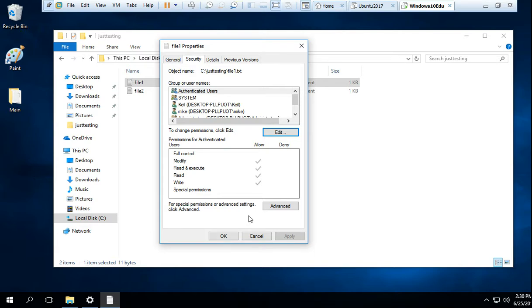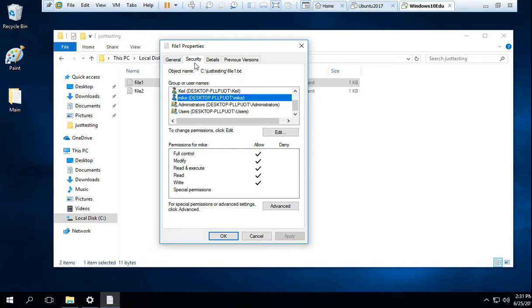Well, one other thing I'm going to have you do in the lab, which is kind of important, is remove the inherited permissions. And the reason for that is I think most people are in this users group by default, which has some permissions to this file. So if you didn't want all your users to have permissions, if you only wanted Keel and Mike to have permission, the one extra thing we need to do is remove inherited permissions. Alright, so we've assigned some specific ones. So the last step that you'll need to do in the lab is that inherited permissions, and the way to get to that is from this same Security tab,